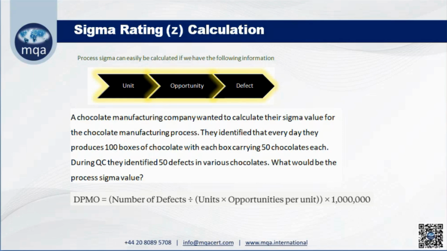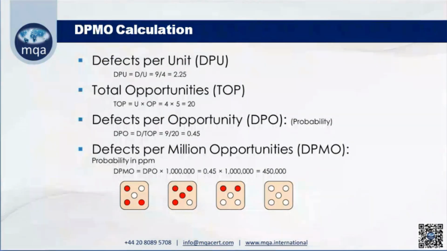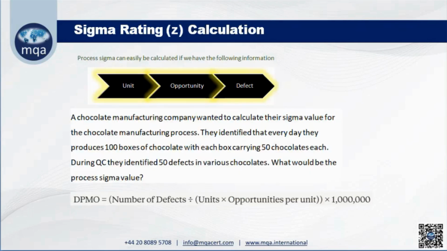So here we are saying they are producing 100 boxes. The 4 squares become 100 boxes, 100 such squares. And in each of these, there are 50 chocolates. That means 50 possibilities of error. Suppose each chocolate in that box is defective. That means there are 50 opportunities for defect in one unit and the total units are 100. So total defects per unit are,